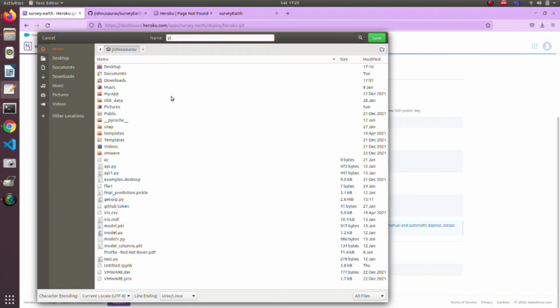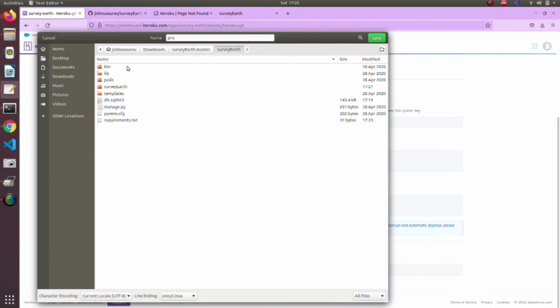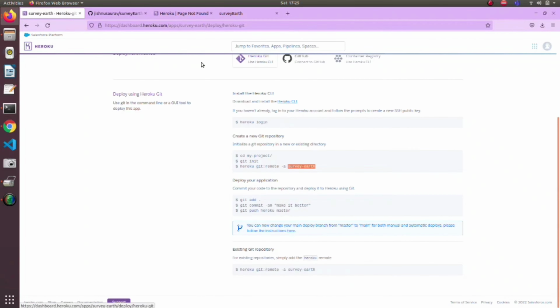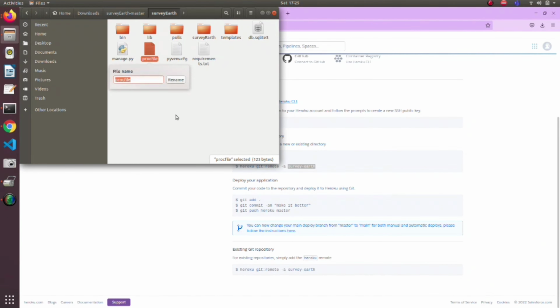Save it as proc. Go to that folder and save it as procfile. Okay, that's it. All the steps that we require to host in the first place are done. So, okay, I think you'll have to make the name of the proc file with capital P. Just check that out. It should always be a capital P. Okay, Procfile. That's it. All the main steps that we need before we actually host our application are now done, and we